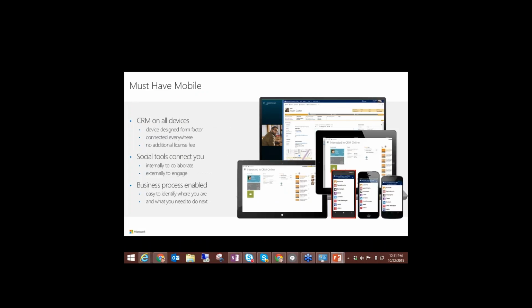And you got to have mobile. If you don't have mobile today, then you're playing the wrong game, because every salesperson, service, field service especially, they're out in the field. And if they don't have the ability to get out of their truck and be able to see what's going on with the customer, what my next appointment is,